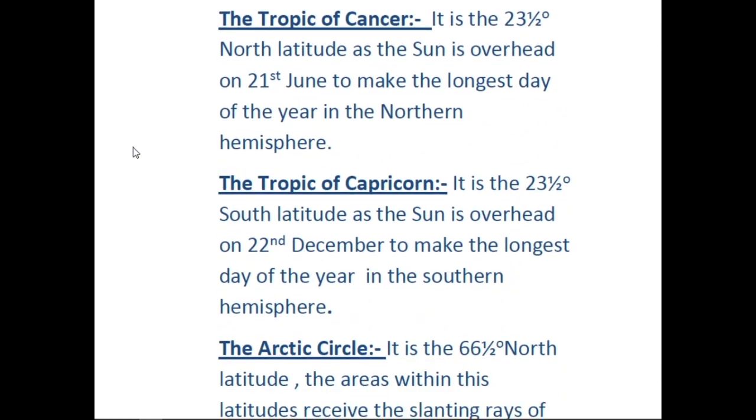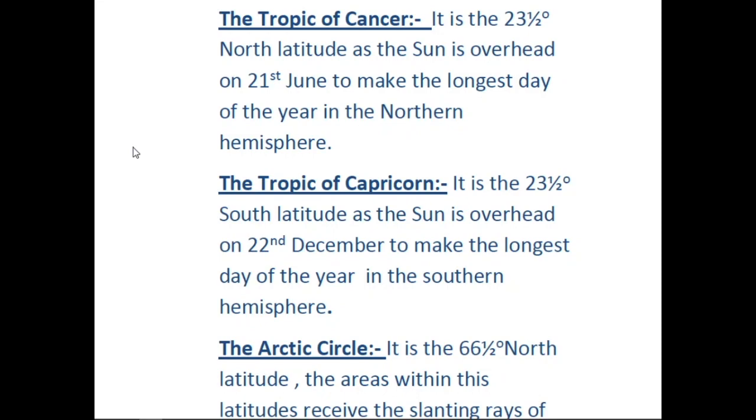Now, what is latitude? Latitude and parallels of latitude, they are different. Lines drawn to north and south of the equator are parallels of latitude, whereas any angle formed is termed as latitude only. Thus, it is the angular distance measured in degrees north and south of the equator. Already I have said about the equator.